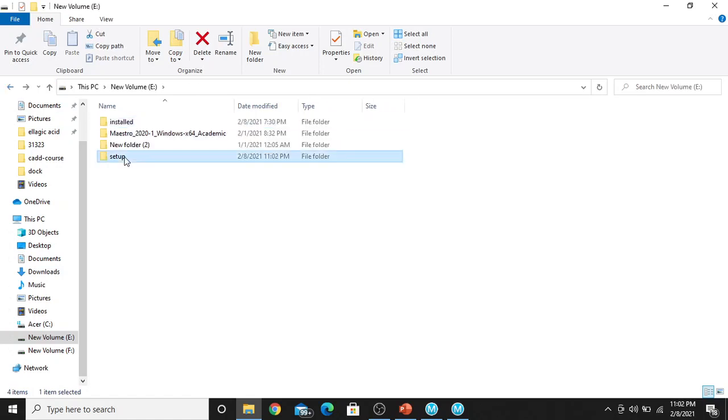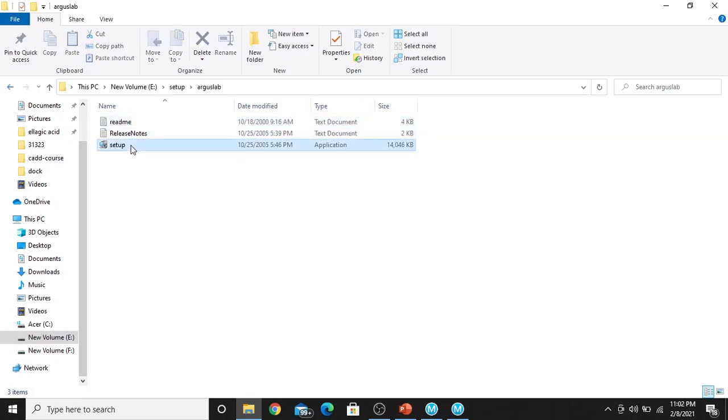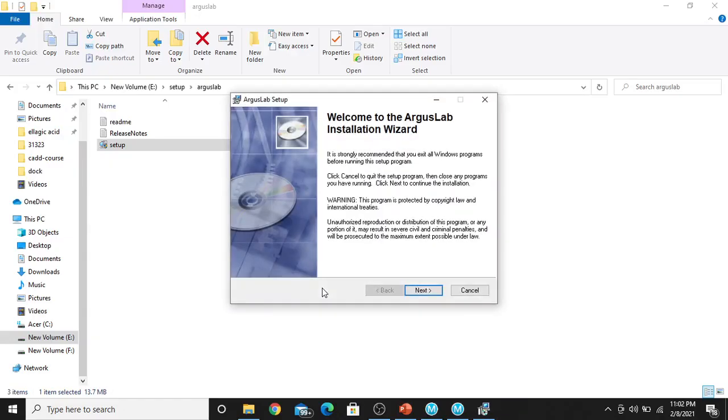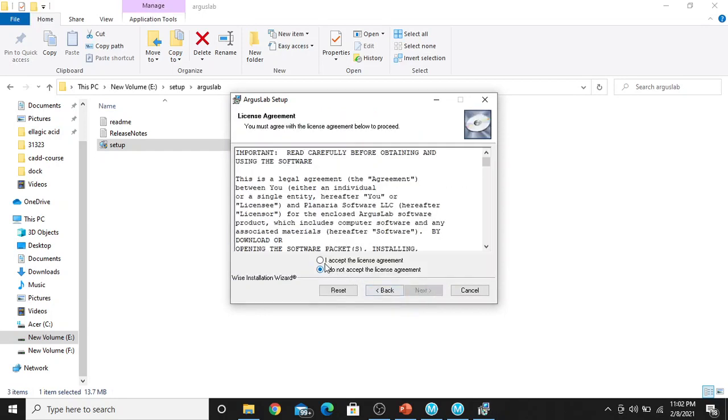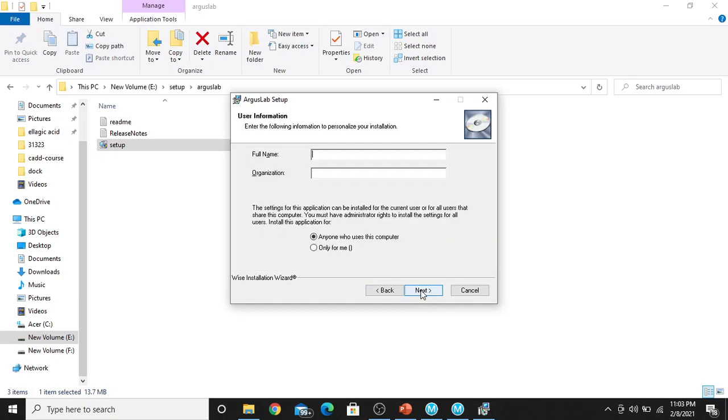Now you have to go to the setup and then double click on it. Next. Accept the license agreement and next. There is no need to give the name, or you can give it, it's not mandatory. Okay, next.